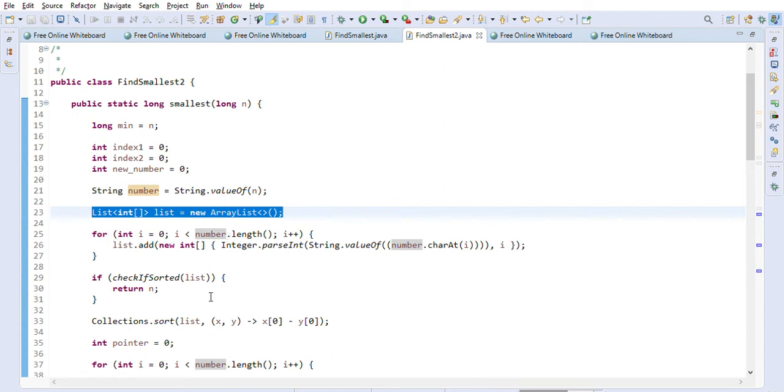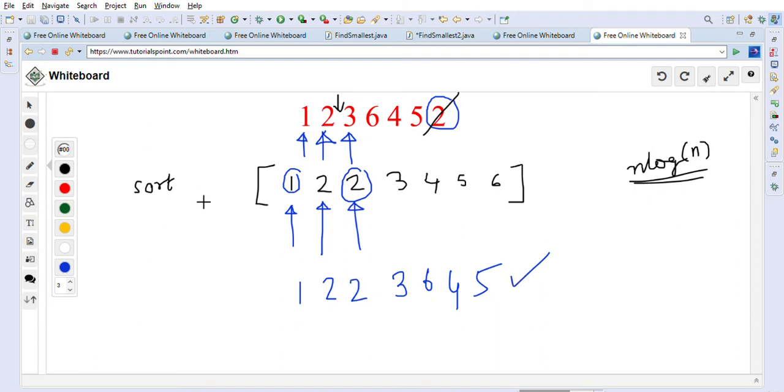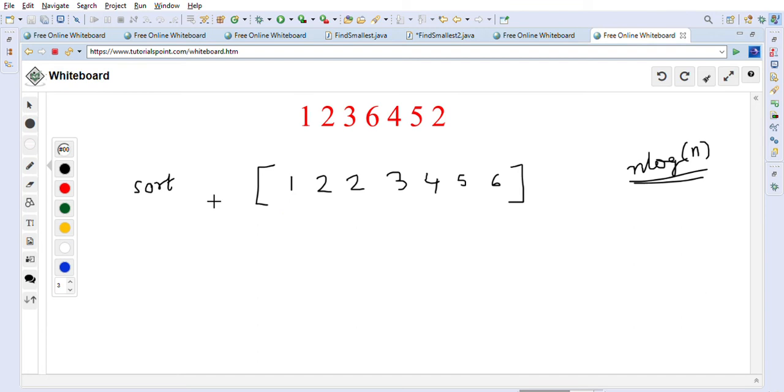Why do we need an integer array? Because in this integer array we are going to store two things. At the 0th index I will store the actual digit, right? For example, if you look at this, I will store 1 there, right? 1 2 3 in that position. Let me remove all these colors, there are too many colors. So what I will do in that list is